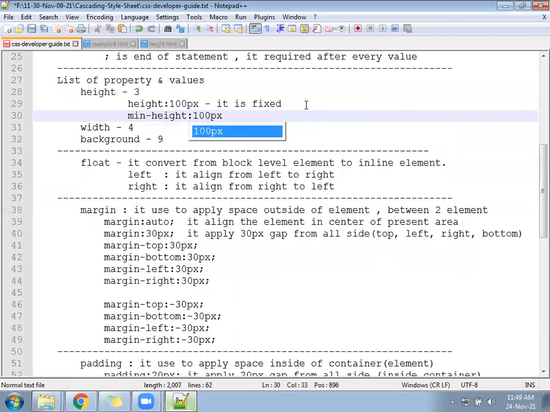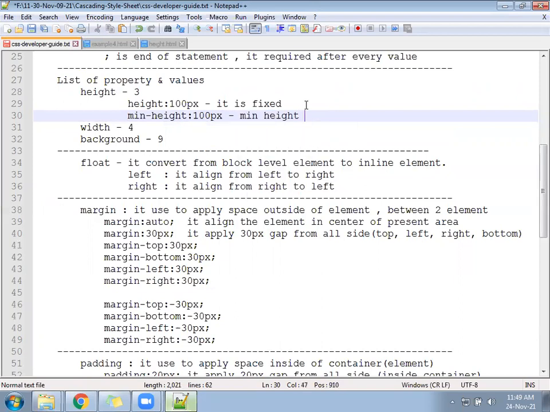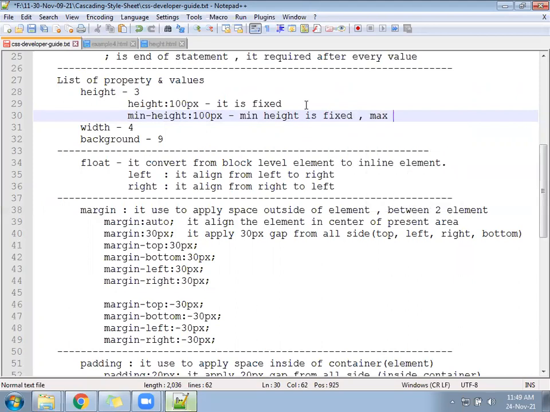Then the minimum height is fixed, and the maximum is based on contents.